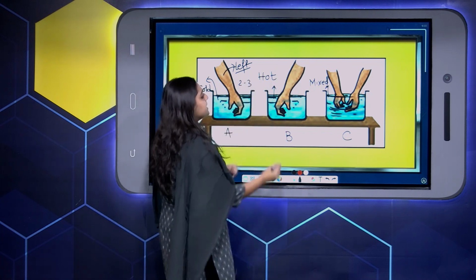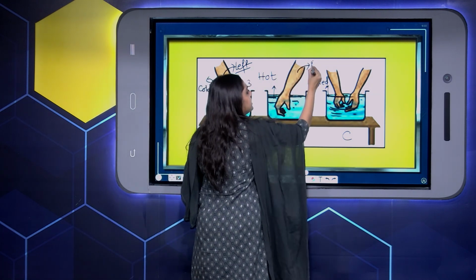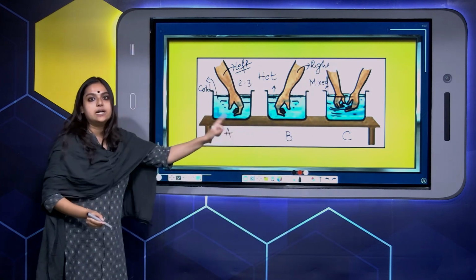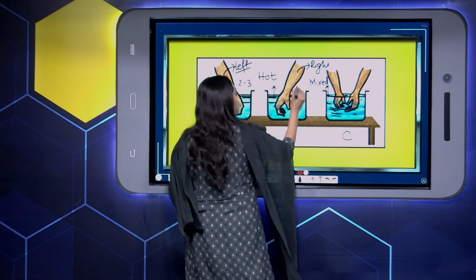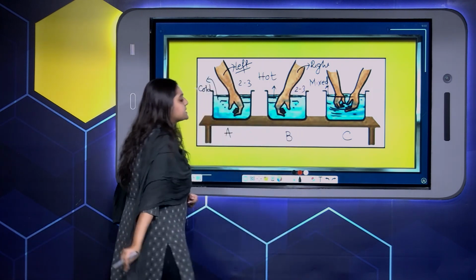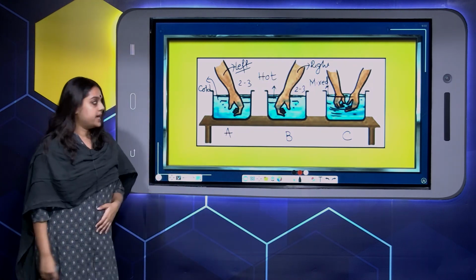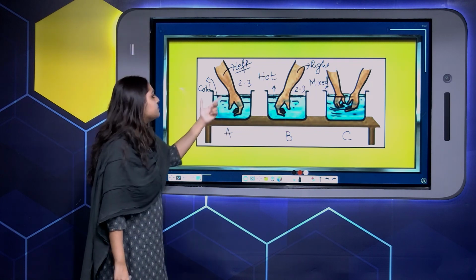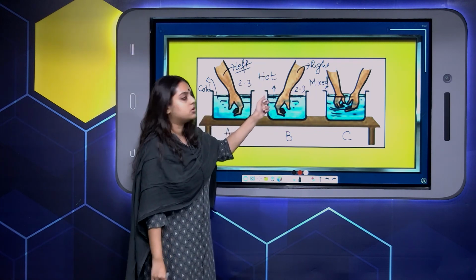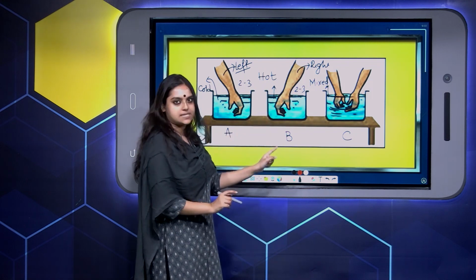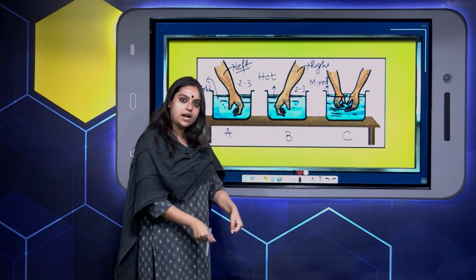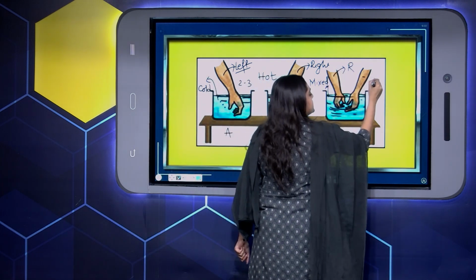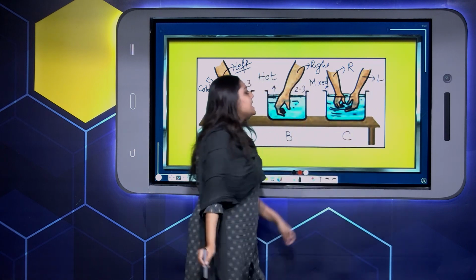You have put your right hand in the hot water again for 2 to 3 minutes, and after that, you decide to put both your hands, this is the right hand and this is the left hand, in the mixed water,